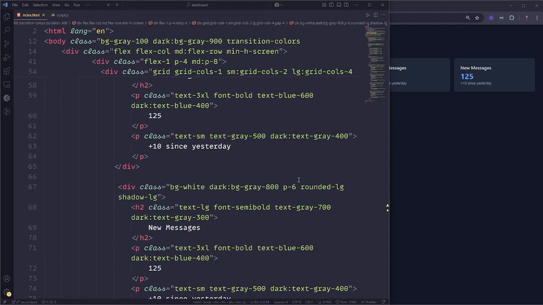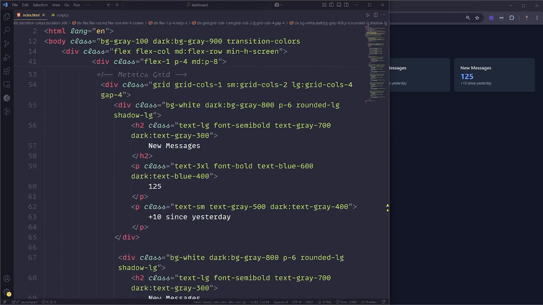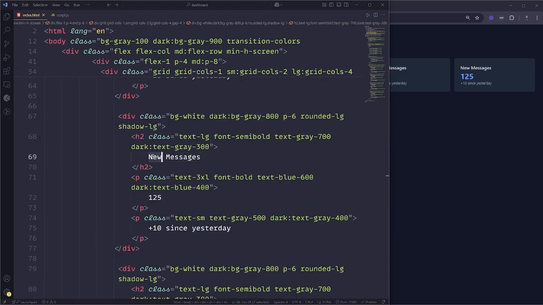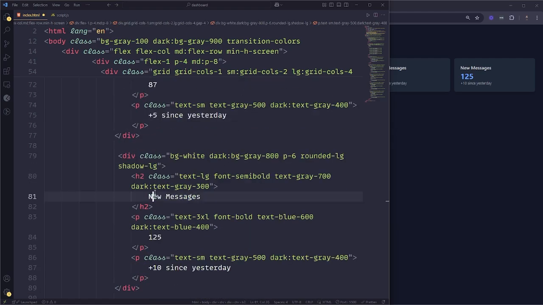Now let's change these values here. So the next one is going to be mentions. Okay, this is the first one, this is the second one. Let's change this to mentions. This number, let's change this to 85. Let's give it 5. Okay, now this one, total posts,